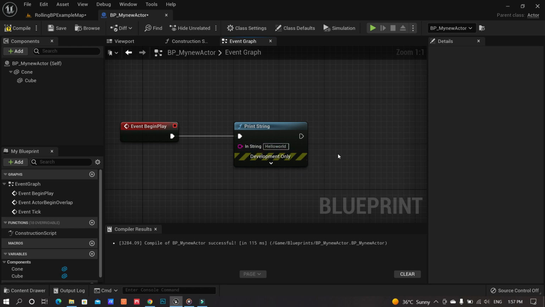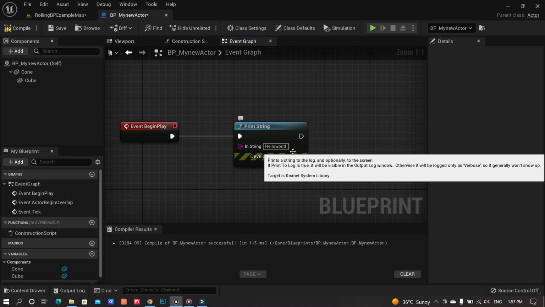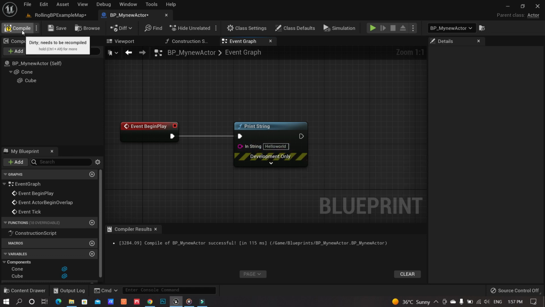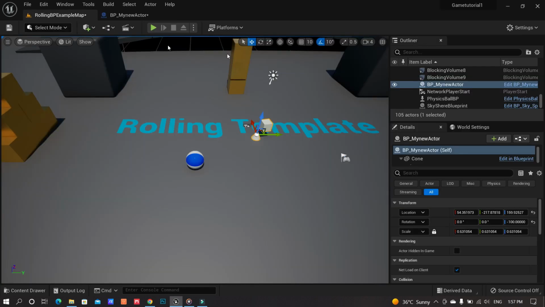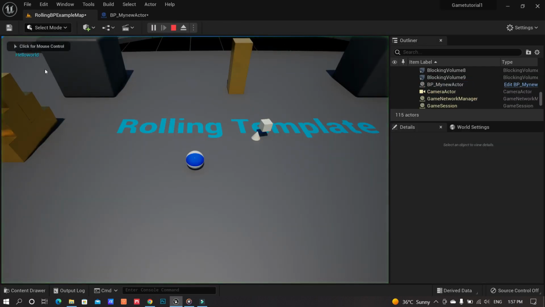So now our function will print the Hello World message on your screen. So let's just compile and play, and there you go. You see Hello World at the top.